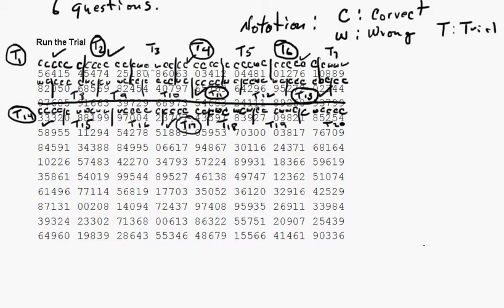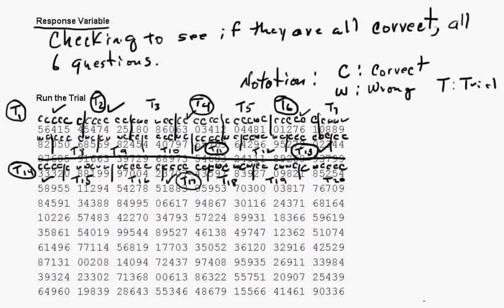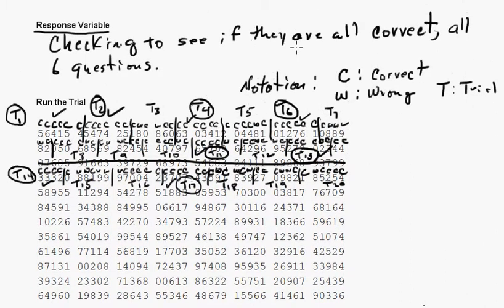So I've gone ahead and run all 20 trials, and I tried to follow the notation. It's pretty sketchy. In fact, it got so scrunched up that I skipped row 3 and just moved on to row 4 just so I had some room to write. Anyway, we said we would check to see if all